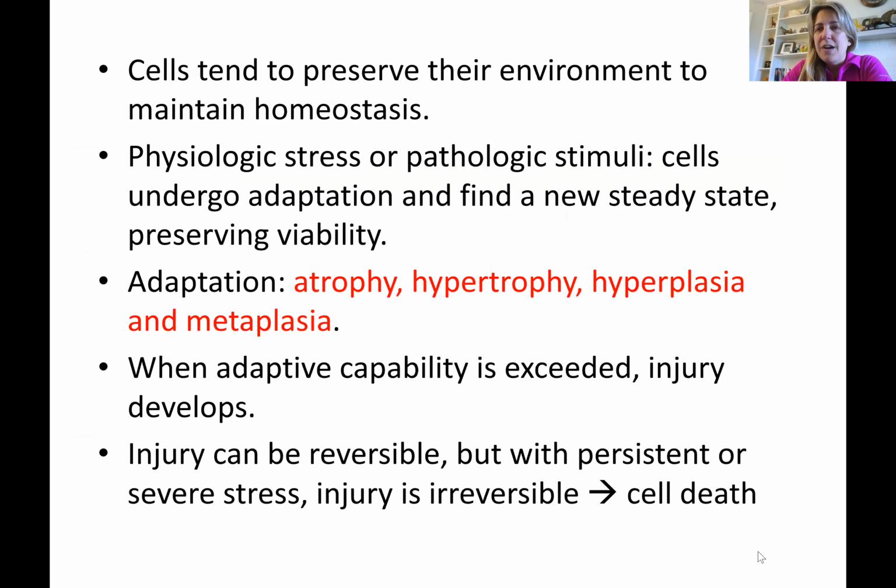So one of the things that is very, very important for us to understand is that the body as a whole is made of cells, different tissues. There is extracellular tissue as well, which is made of collagen and other types of protein, fiber, etc. And the cells of the body, regardless of what tissue they're making, tend to preserve their environment to try